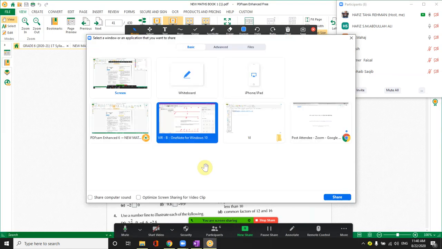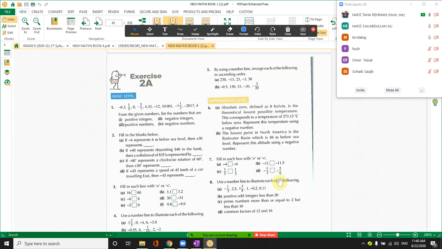Now moving towards the question again because we have 3 more parts to solve. Positive odd integers less than 20. Positive odd integers means we need to write whole numbers that have odd values and are positive. So positive odd integers are positive 1, 3, 5, 7, 9, 11, 13, 15, 17 and 19. And they restrict me to less than 20, so we should have values that are less than 20.